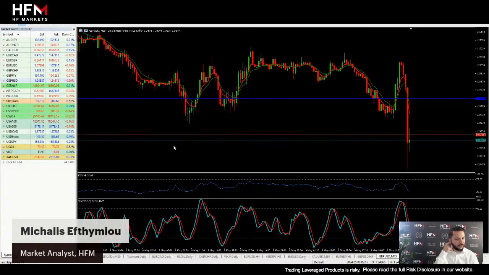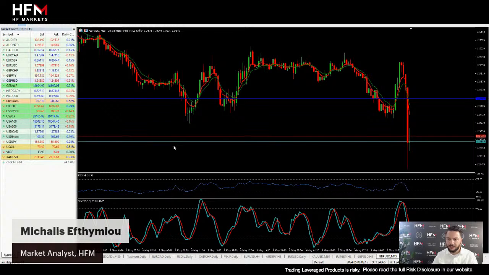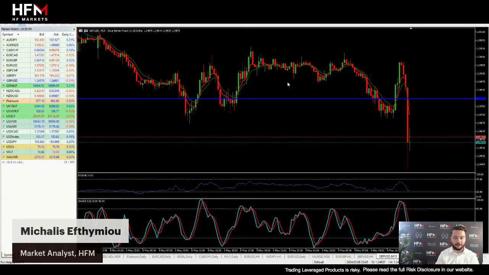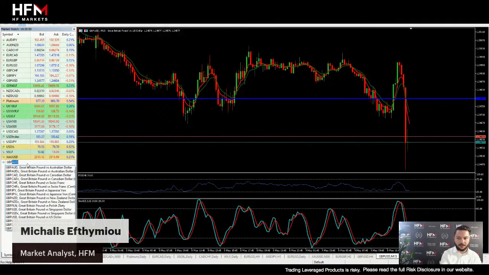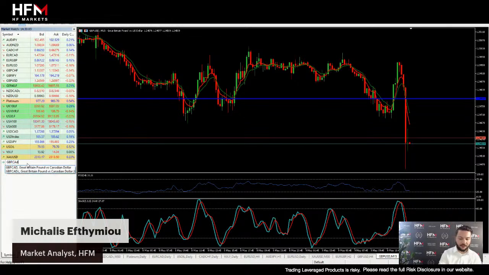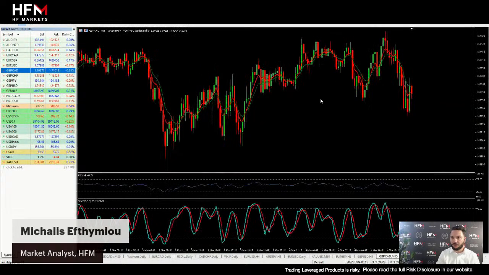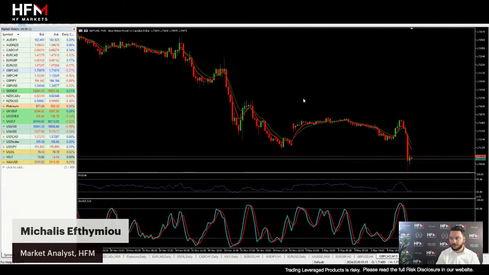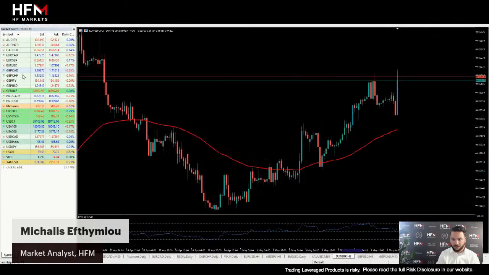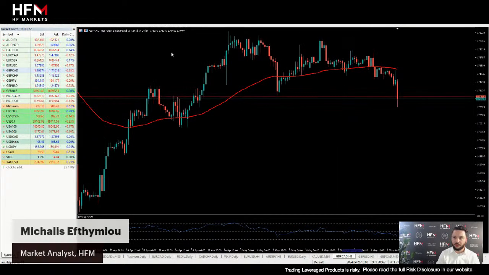Now, I've got somebody here who's actually asking if I can look at other assets as well. Yes, let's look at another pound pair first, and the FTSE 100, and then we'll move on to looking at a different currency as well. So let's look at the pound against the CAD, which is also quite a volatile asset, but another asset which is very popularly traded. So let's go to the 2 hour time frame first.